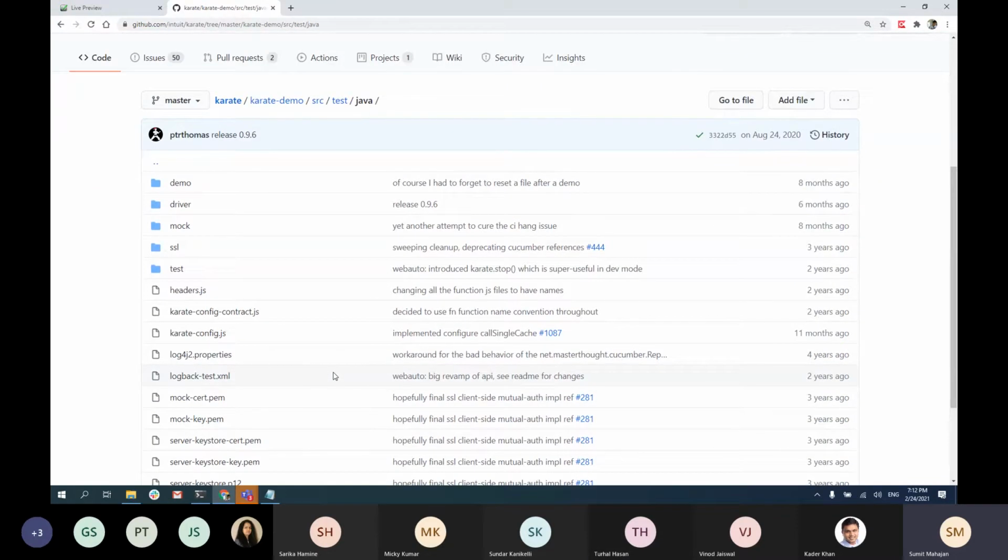The concept of folders and packages is very important, because inside the test we're going to create packages which will give us the freedom to execute, or basically classify, different projects running on Karate.